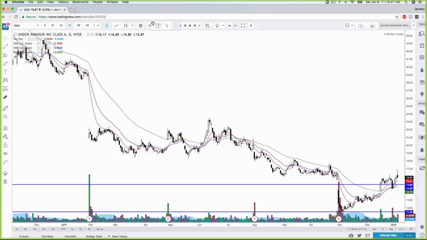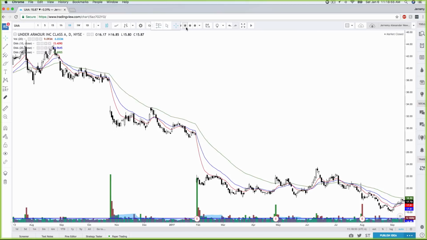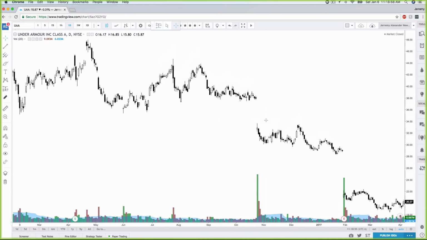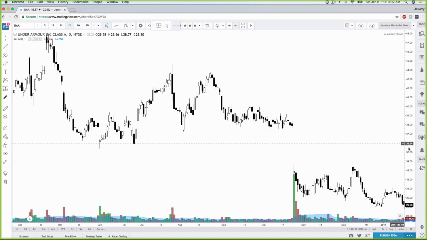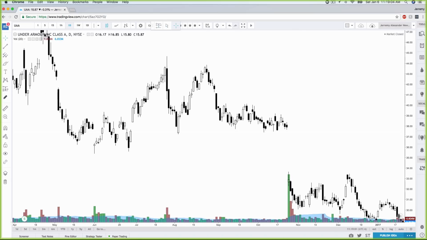So let's first talk about what tweezer top patterns are, and let's discuss them. First and foremost, I'm going to try to track one down because it is always easier to find the tweezer top and then describe what it is, but this is going to be close enough for our purposes right now, and then we're going to nail down the exact definition. Let me get my little text box pulled up right here. Perfect. And I'll put in textbook or perfect